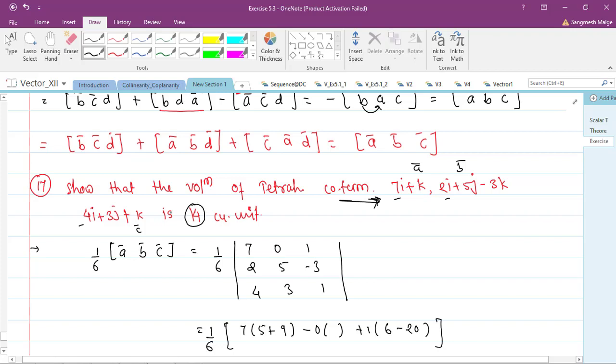Okay, so in this way we have solved each and every question. We have 17 questions in total, and solved each and every question in detail with the concepts. If you have not understood these questions, please go through part 1 and part 2 of exercise 5.3. Okay, so with this we will stop here. In the next class we may have some theory part, because exercise 5.3 has been covered, so we may have some different theorems and properties.